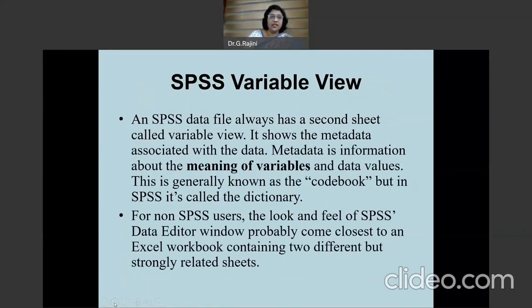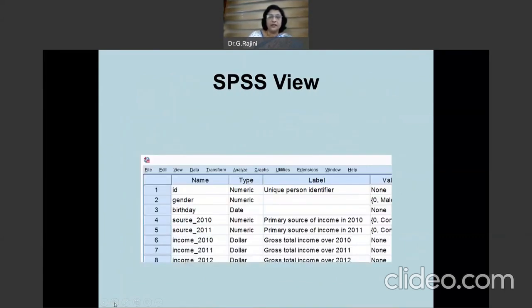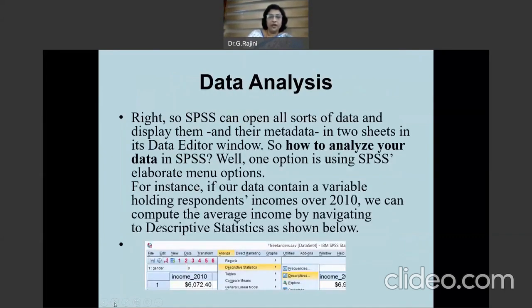So it has got a second sheet called the variable view, as I've explained to you already. It looks like this, the variable view. Now coming to the analysis part, how do you analyze your data in SPSS? We have input the data, and then we have cleansed the data, and now we need to